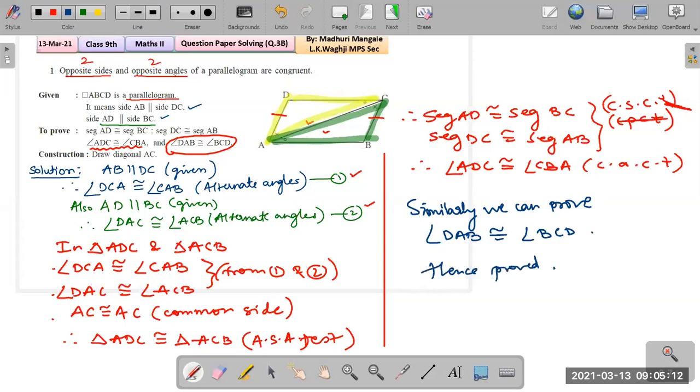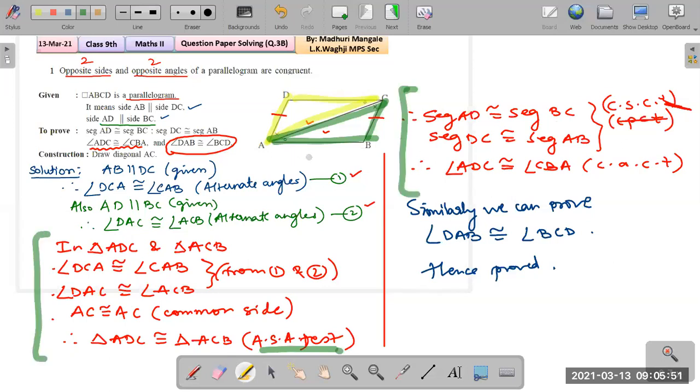All right. So a quick recap of what we did. We started with a diagram, then wrote given, to prove, and the construction. When you start with the solution, use the alternate angles test, because we are using that the sides are parallel. So when the sides are parallel, there is a Z formation, which is alternate angles. We take two pairs, okay, and we use that to prove which rule? To prove the ASA rule, okay. We say that these two triangles are congruent. Once the triangles are congruent, we can use the corresponding parts of congruent triangles, and using that property we have